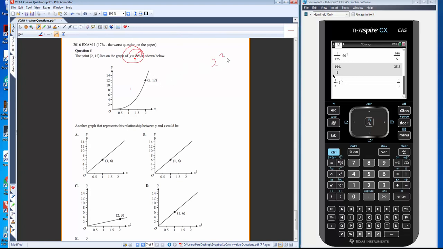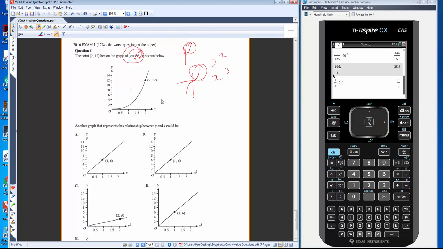It's going to be either an x squared or an x cubed graph, because squared graphs in quadrant 1, they're parabolas, so it just looks like that, and cube graphs look like that, so it kind of looks like a part of a parabola as well. So we don't know what that value is there. Okay, so we can't find a k value, we don't know what the n value is,